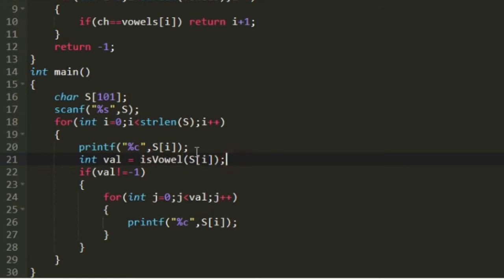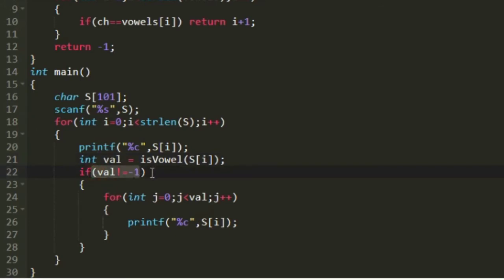This function isVowel is a user defined function which accepts a character in its arguments and returns -1 if the character is a consonant. Else this function returns how many times the particular character needs to be repeated. So if it is a vowel, the function isVowel returns how many times the character should be repeated and that value will be stored in the integer VAL.